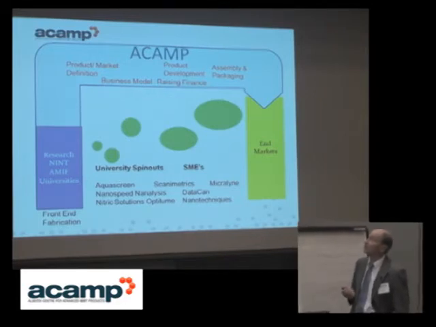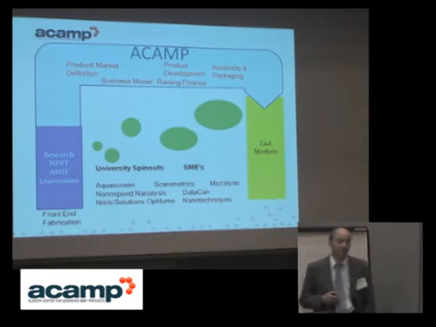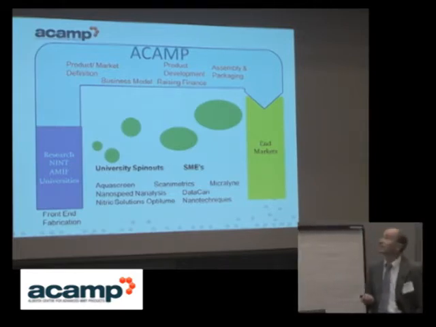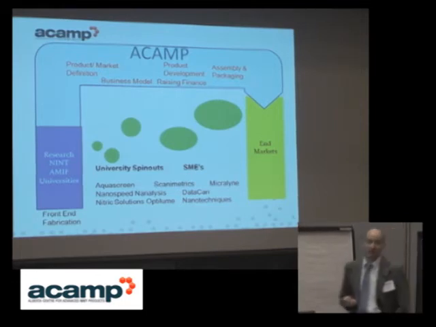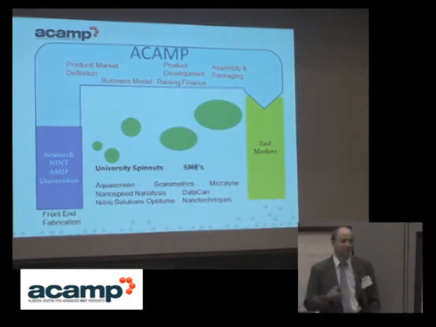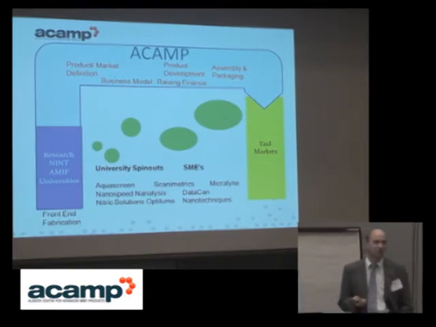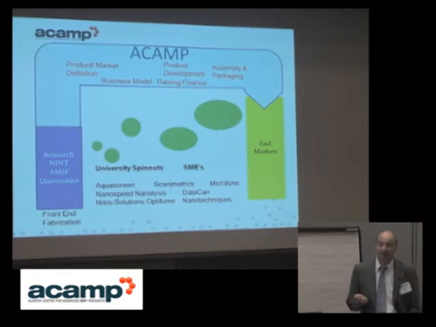Getting the right business model, finding the money, and two other major areas, actually doing a systematic approach to product development, so you develop products efficiently and systematically, and assembly and packaging, particularly for micro devices. A microchip on its own is pretty useless unless it's put in a package that can be hooked up to the real world. So those are two big areas that were found missing in the physical side of the